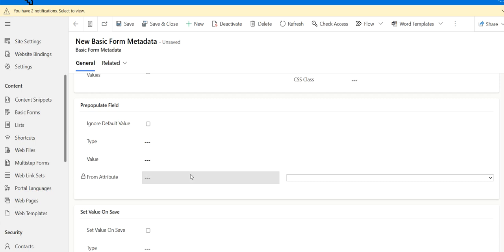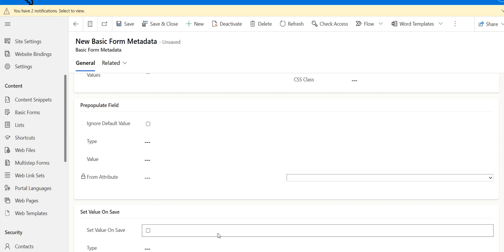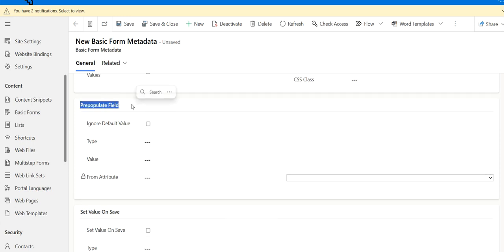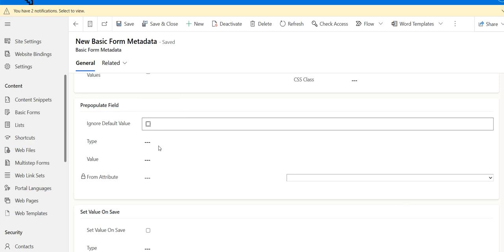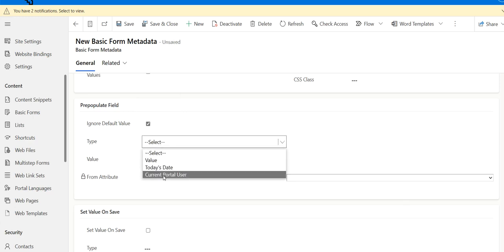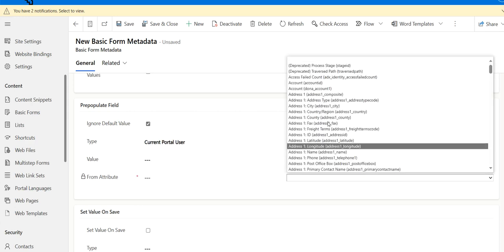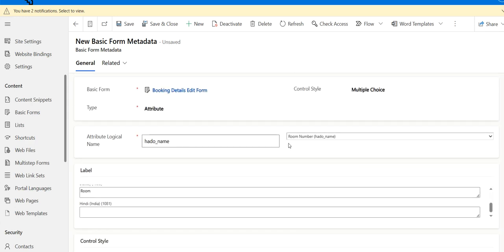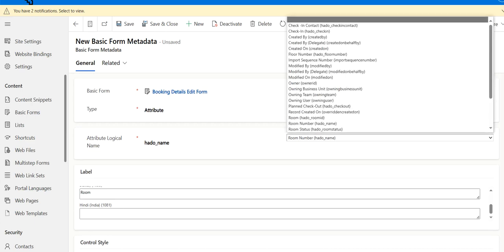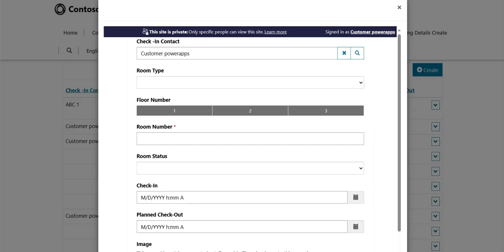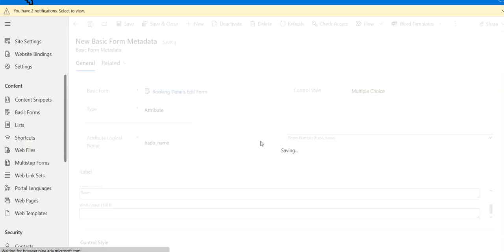As I told, we have on form load and on form save, where we can store the data, save the data, and get the data. For pre-populate field on form load, for example, I have one of the fields, and I will take the current portal user. I have selected room number here. You see, I have already created the customer Power Apps lookup. If we go back here,